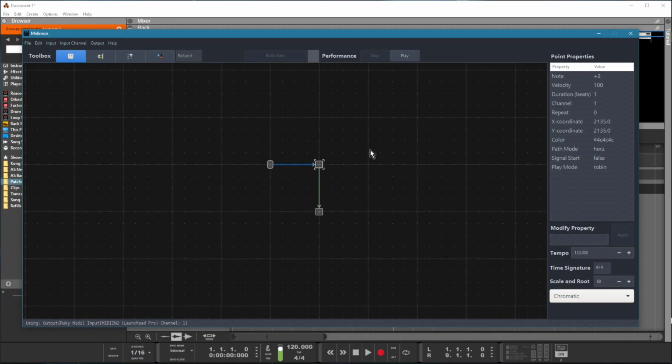By default, scale and root are set to chromatic and 60 respectively, meaning the root note of the project is middle C, and there are 12 pitches in the scale. Changing the root and the scale only affects the behavior of the relative pitches, and makes it easier to snap to a certain scale while notes are playing. For example, a +3 defined for a point on the chromatic scale will be different than a +3 on the